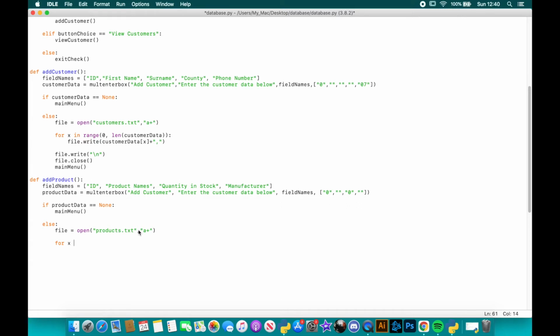So we're going to do for x in range, and the range is going to be the length of the product data. File.write data x plus a comma,